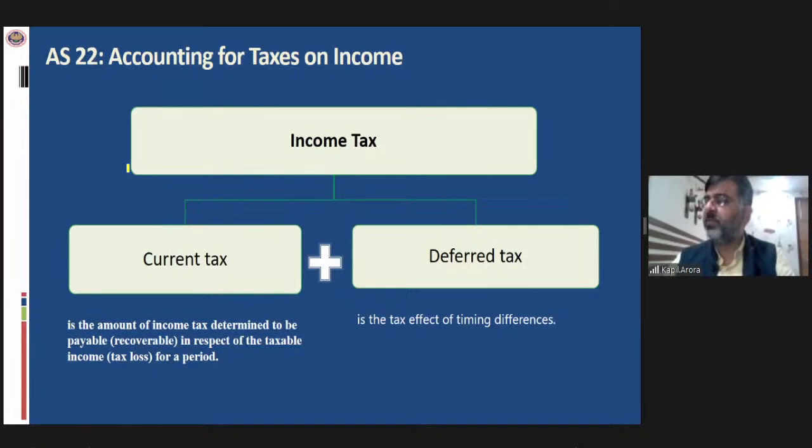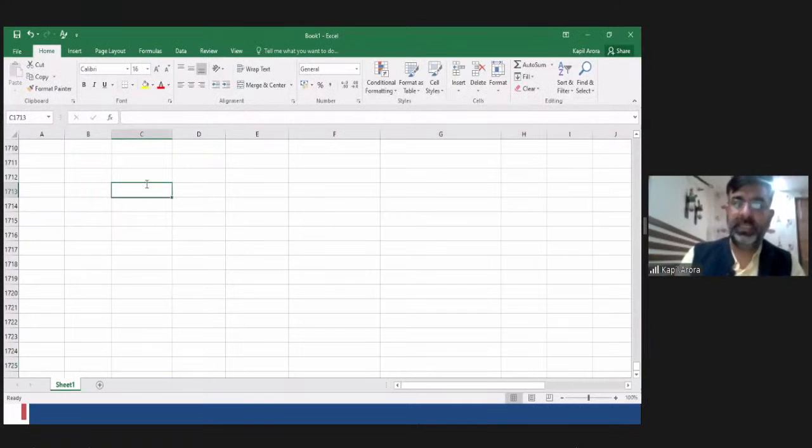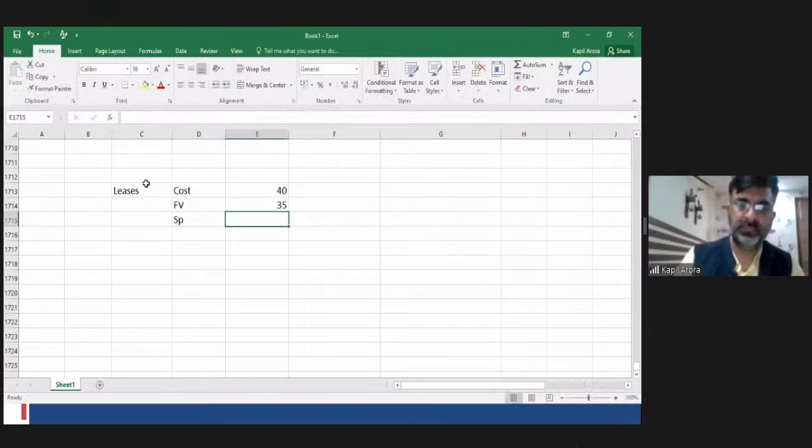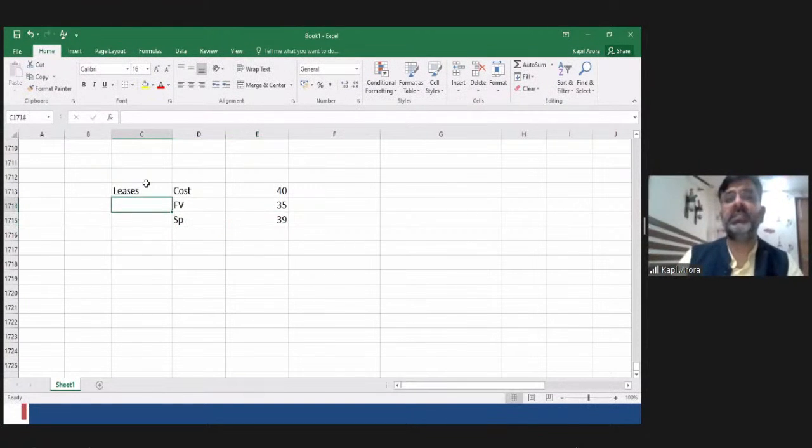So Akash, you have mentioned cost was 40 lakh, sale price was 39 lakh, fair market value is 35 lakh. So in case of leases, cost 40, fair value 35, and sale price 39. Now the question is why somebody will buy higher than the